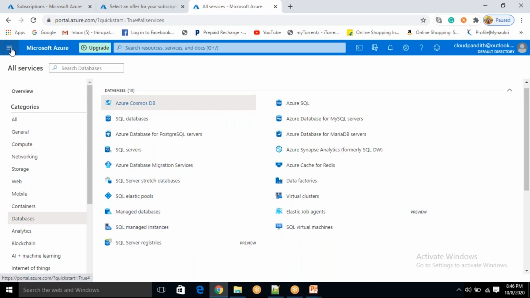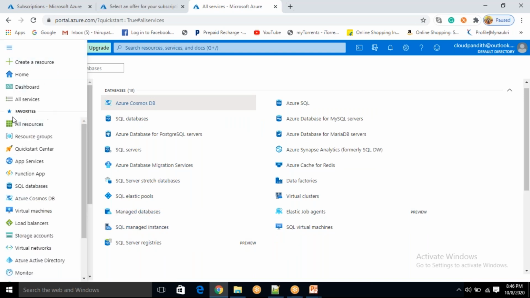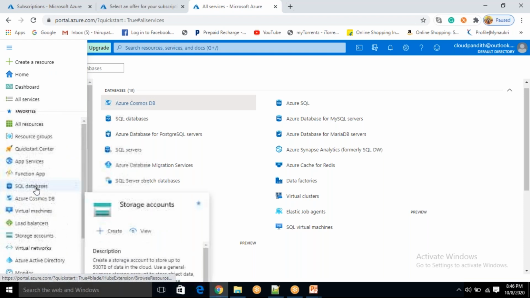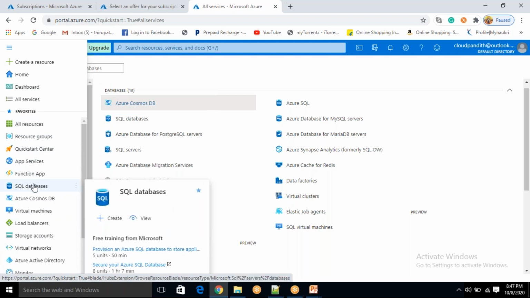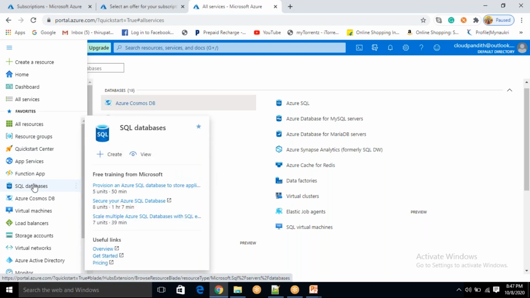Okay, now next thing is there is something called favorite list. So favorite list, why will we maintain it? We will maintain this favorite list because we want to access these resources very frequently. Okay, I want the database very frequently. I want to access the database, then I want to maintain all these services in a favorite list.